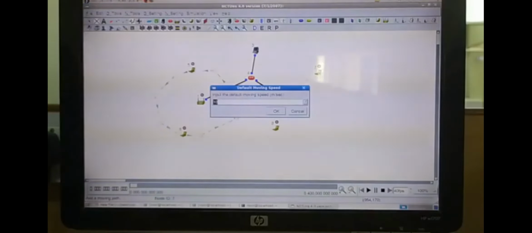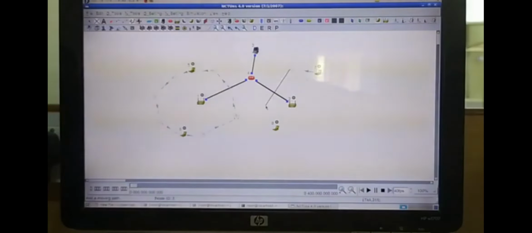Then I come back to the other access point, select the 7th mobile node, and create the mobile path for that as well. This is how we create the moving path for mobile nodes 5 and 7.